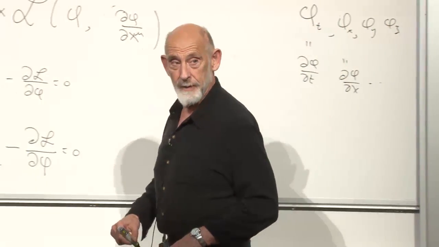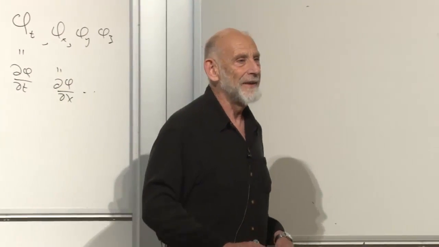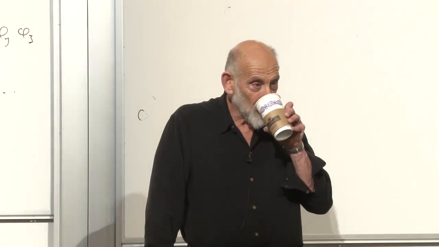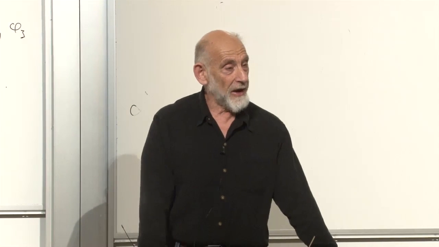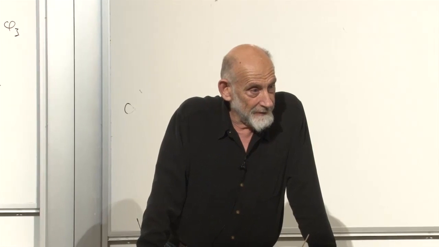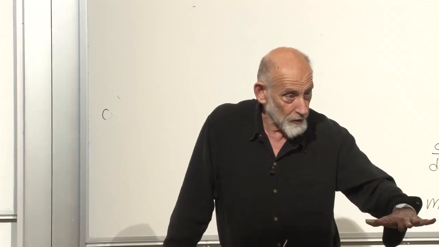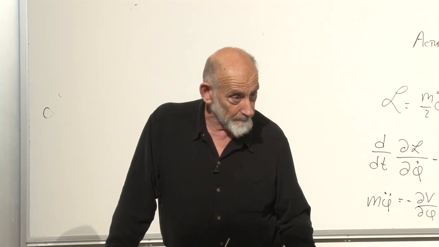And this would work for a world where there is only space and no time as well, right? Say it again? For a world where there's only space and no time. Oh, yes. It's just the d phi by dx mu where x minus t will be 0 for that world. Yes. Now, when does that ever occur? Okay, so that's exactly right. Those are the equations that you would write down if you were looking for a solution of a field theory in which nothing depended on time, in which everything didn't change. In other words, if you were looking for what's called a static solution of the equations of a theory.